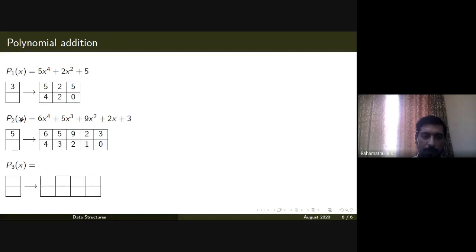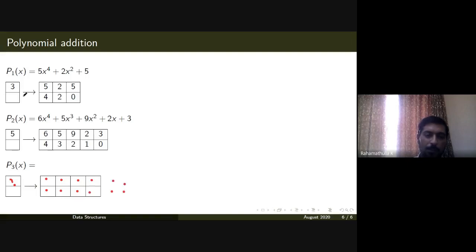P2 has 5 terms: 6x raised to 4 plus 5x cube plus 9x square plus 2x plus 3. We would like to find the sum of these two polynomials, and you need to find out the corresponding coefficient and exponent for each term, and we don't know how many there are.